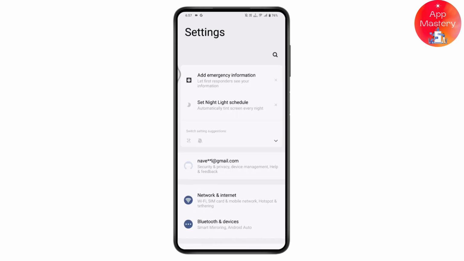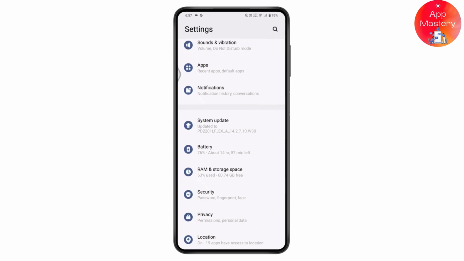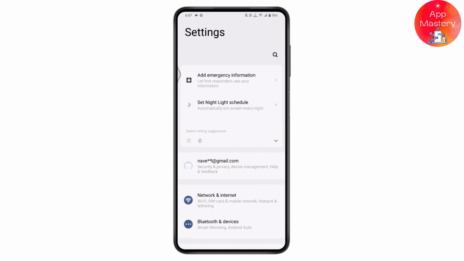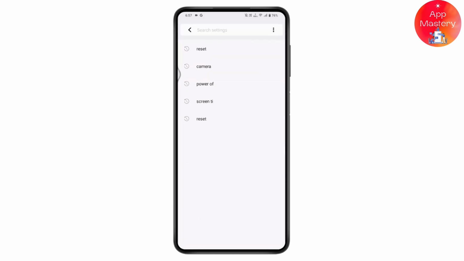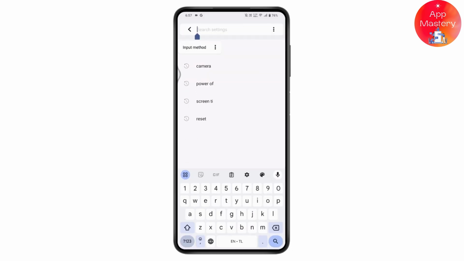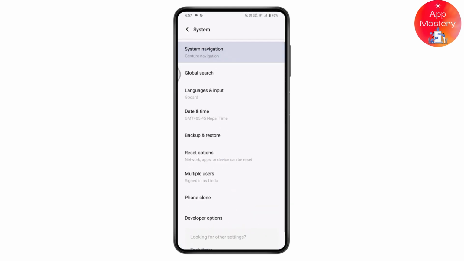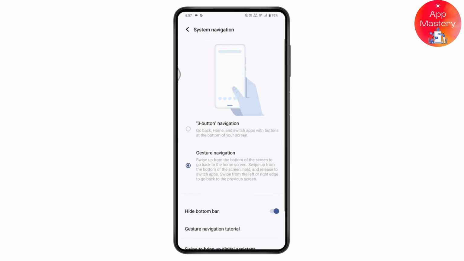Once you open your settings, now you need to scroll down, and if you find problems while searching the option, you can simply go for the search, which will be on the upper right. And once you go for the search here, you need to search for navigation and tap on the system navigation, which is on the first, and tap on that again, and here you will have two navigations, which is gesture